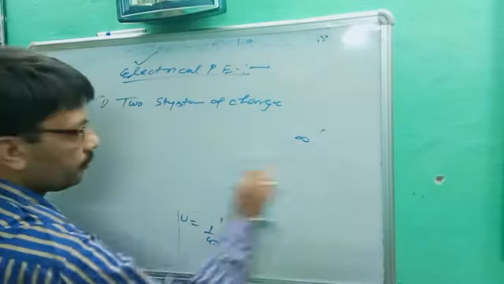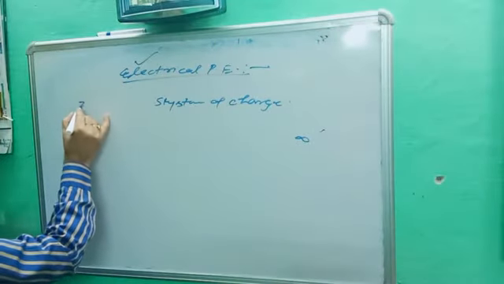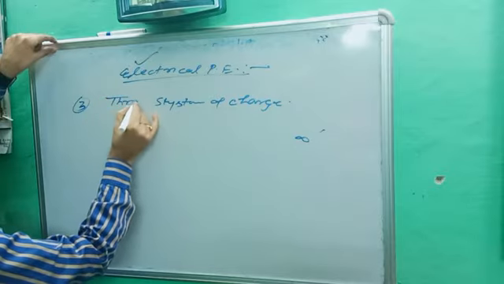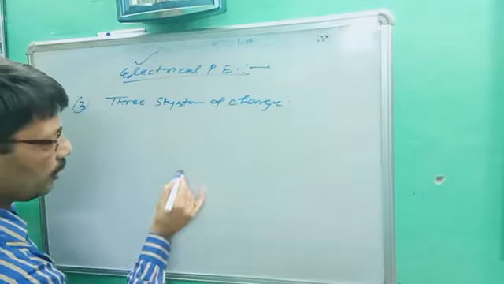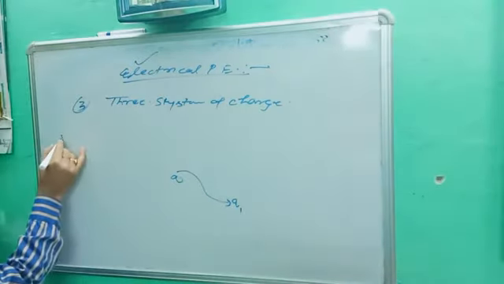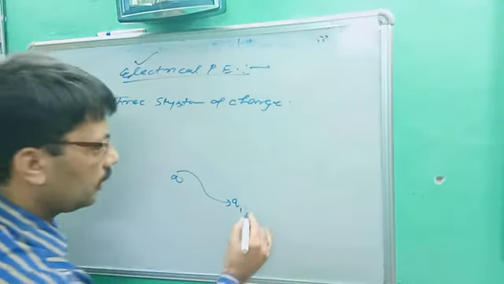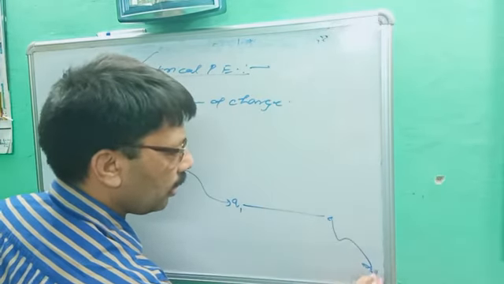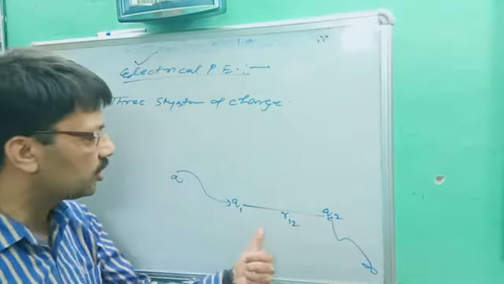Let's suppose we are trying it not for two system. Second question, which is asked in board exams many times: three system of charge. First charge we bring from infinite, that charge is Q1. Note down, W1 is equal to 0, no interaction is there. Second charge is brought from infinite, and let's suppose this charge is Q2, situated at distance R12.